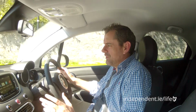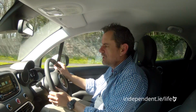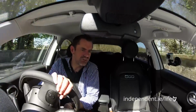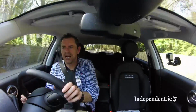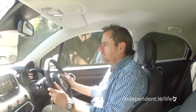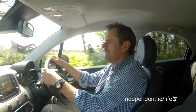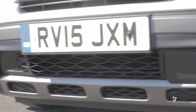But this is the 1.6 diesel, and it's actually kind of torquey. It feels like it's trying to pull you along at a good pace, and yeah, the handling is there. Handling is definitely there. Change it a second for that corner there now. Yep, it doesn't roll very much for a car that looks quite top heavy. I don't feel the body roll so much. And that's really, really nice, in that I feel quite tall in the car. I feel like I'm up in the air, in that sort of cross off-roader type feel,